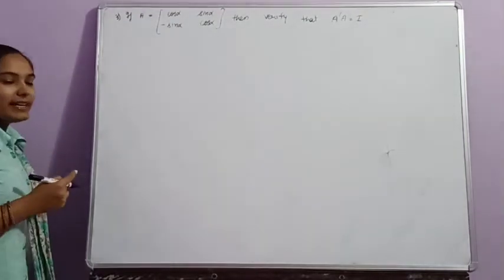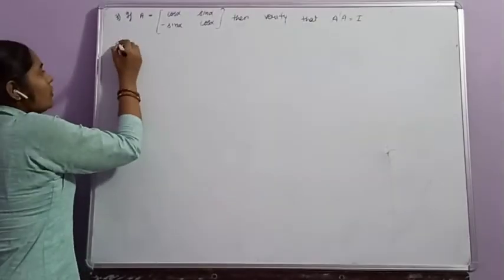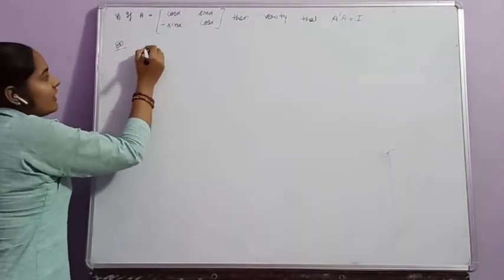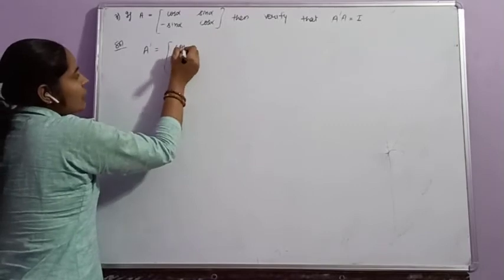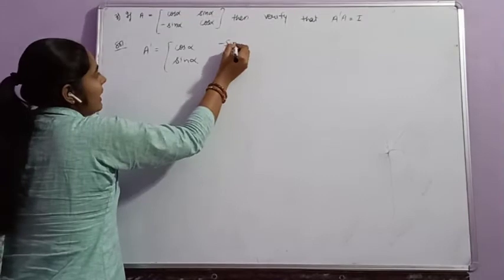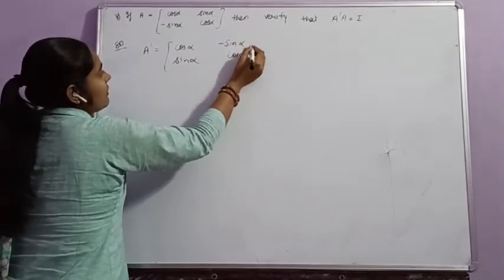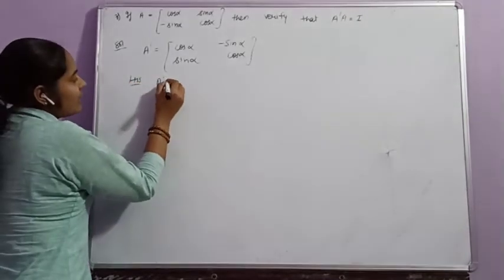We have to verify that A transpose multiplied with A, that is equal to identity matrix. So firstly we find A transpose, that is equal to first row is converted into first column cos alpha sin alpha, second row second column minus sin alpha cos alpha,